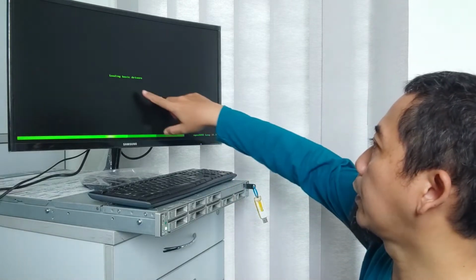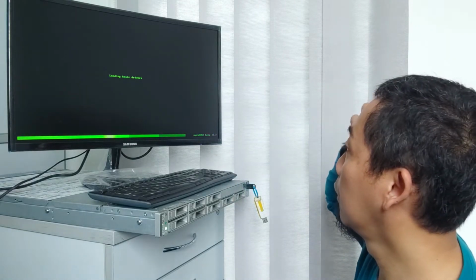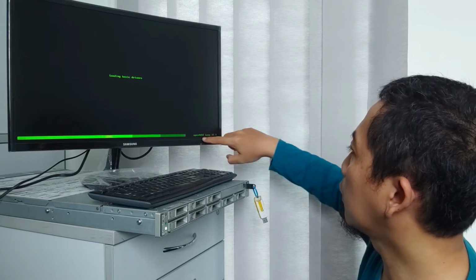They load the basic driver here, so it's not yet finished.